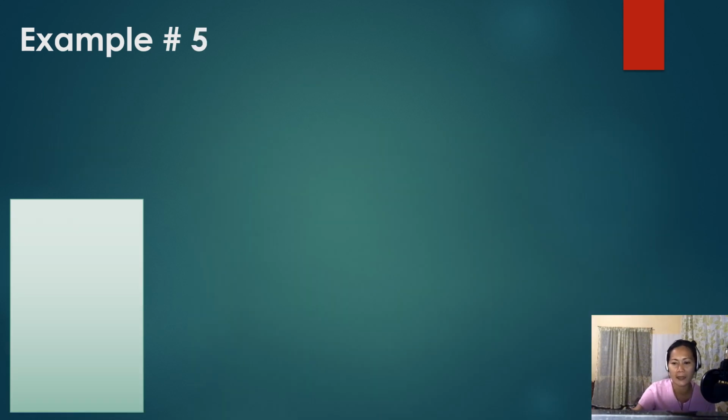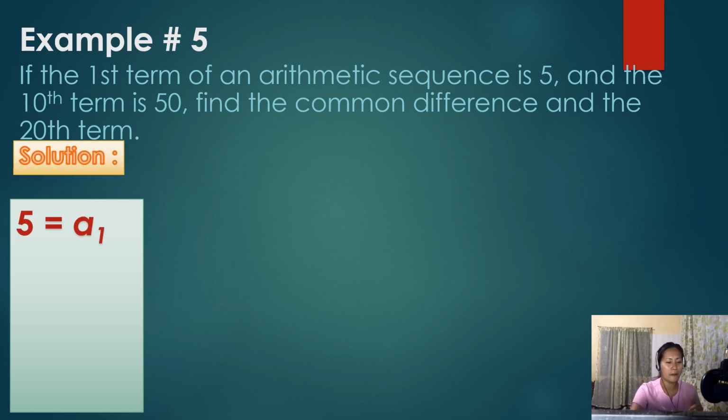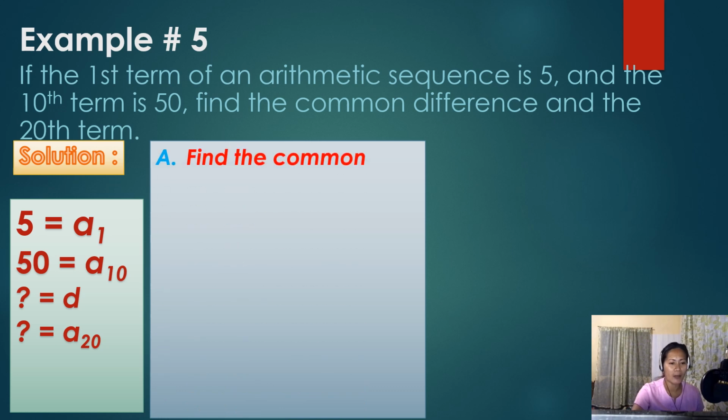And for our last example, if the first term of an arithmetic sequence is 5 and the 10th term is 50, find the common difference and the 20th term. Okay, in this example, we only have our first term and the 10th term. We're going to find the common difference and the 20th term. Given 5 is equal to a sub 1, 50 is equal to a sub 10. Again, first we have to find the common difference. Okay, in finding the common difference,